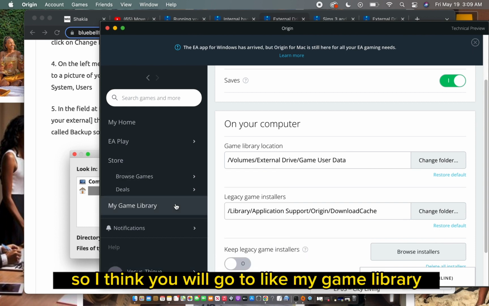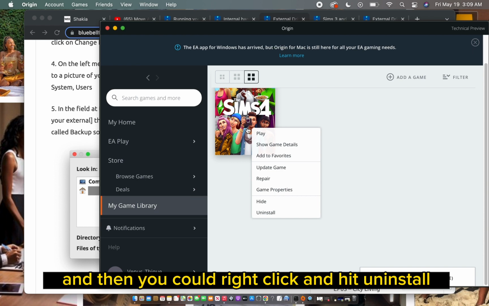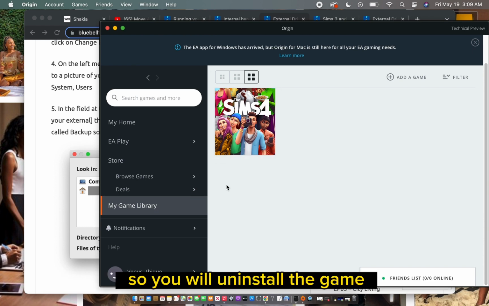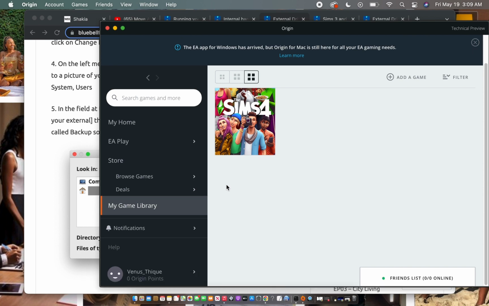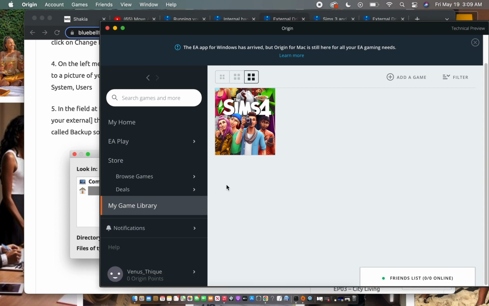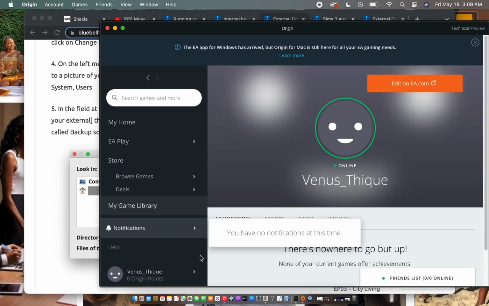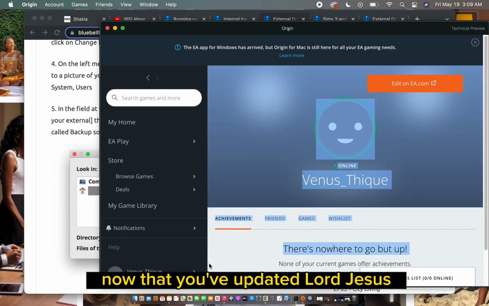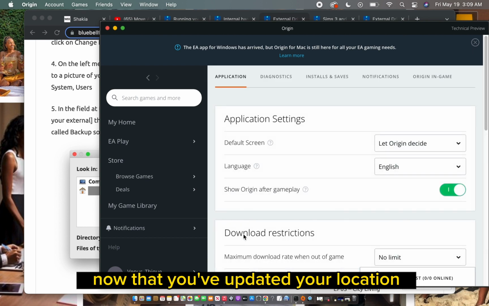So I think you would go to my game library, and then you could right click and hit uninstall. And then you're going to reinstall the game, because this time, now that you've updated your location settings,